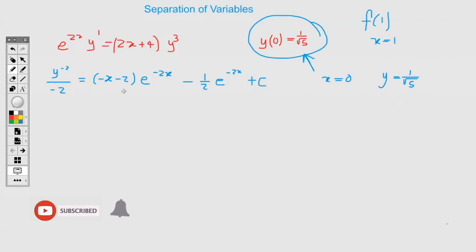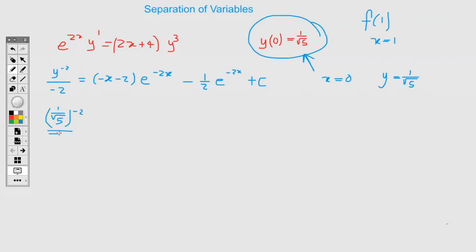So now we're going to substitute into this function what I have for x and y. And doing this, we will find c, which will give us the particular solution where we have the value for our constant. So substituting, I have y, which is 1 over root 5